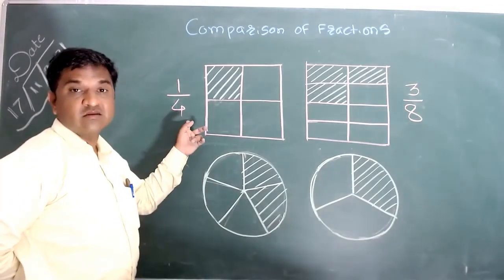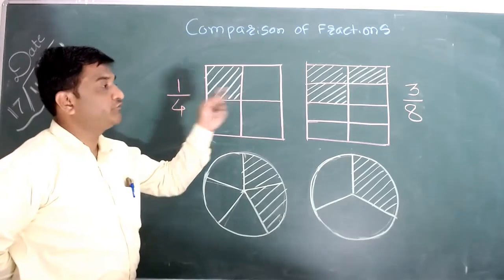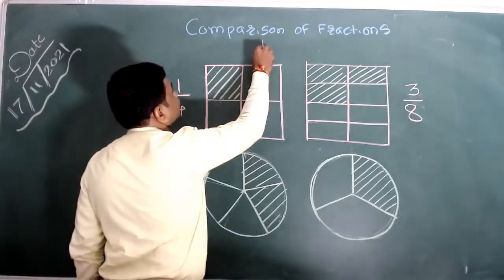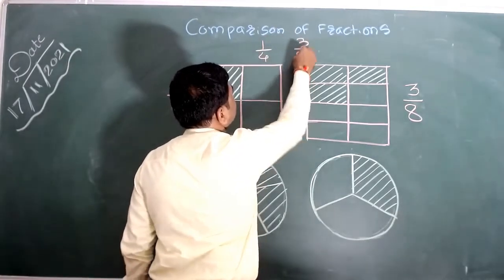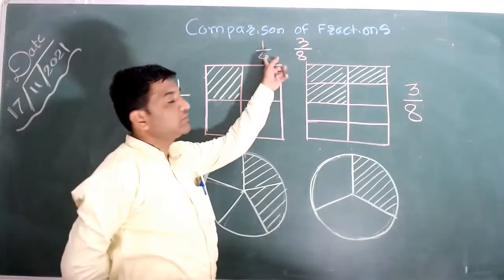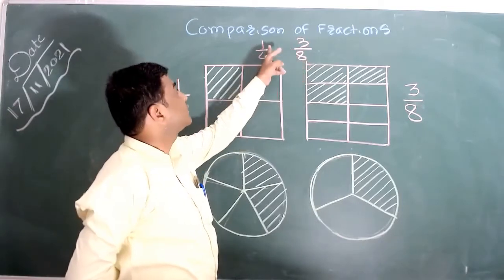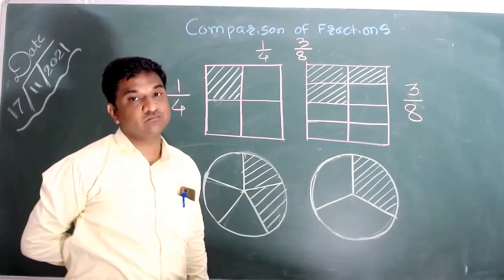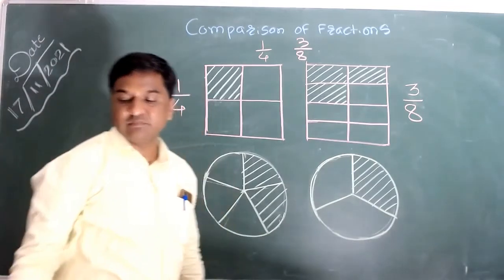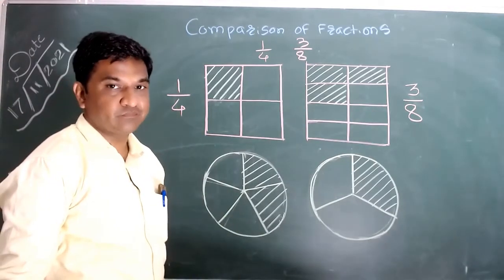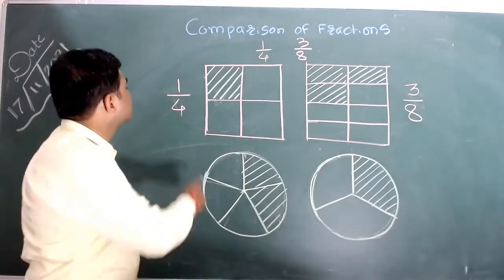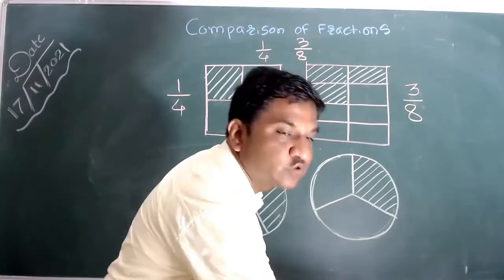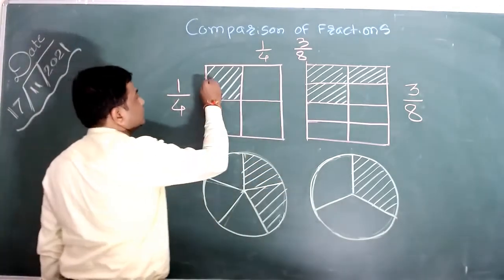But this is clear just by looking at the figure. If I give you this example numerically, compare 1 by 4 and 3 by 8, you'll get confused because the denominators are not the same. They are unlike fractions. Here 1 part out of 4 is shaded, and here 3 parts out of 8 are shaded. How to compare? The comparison becomes difficult. So now, instead of dividing this square into 4 equal parts, if I divide this square into 8 equal parts like this,